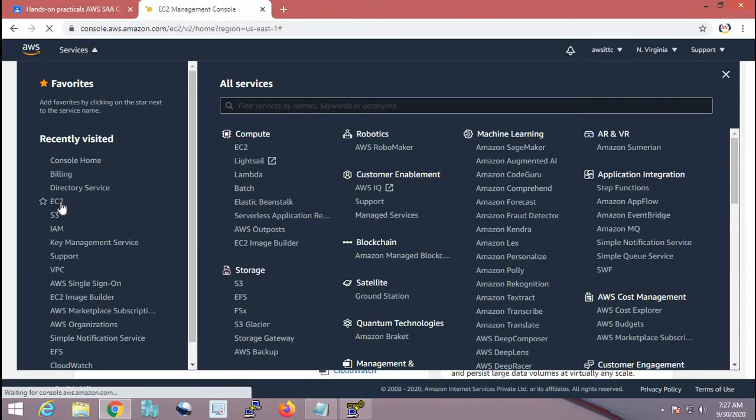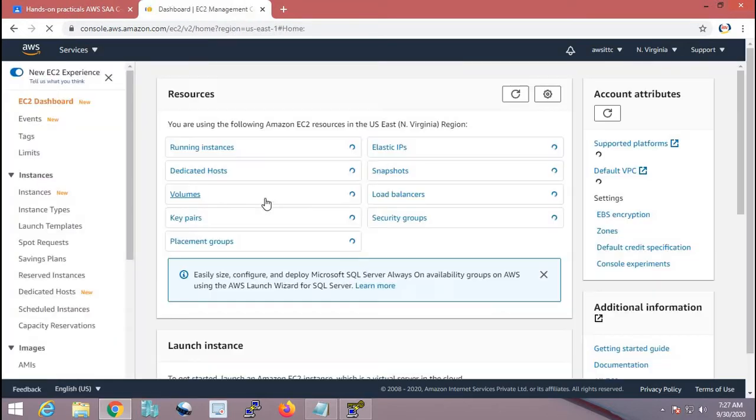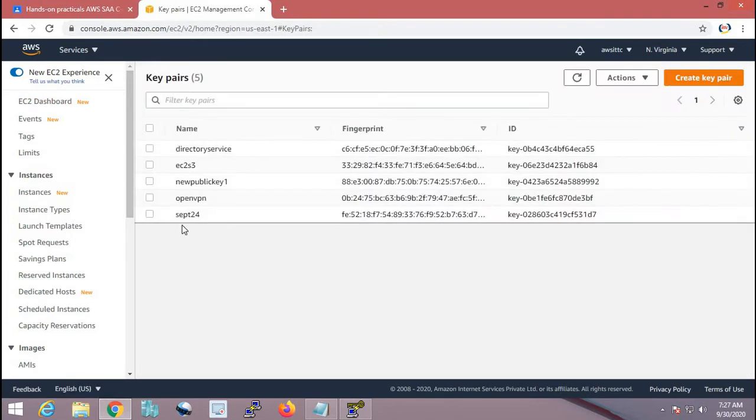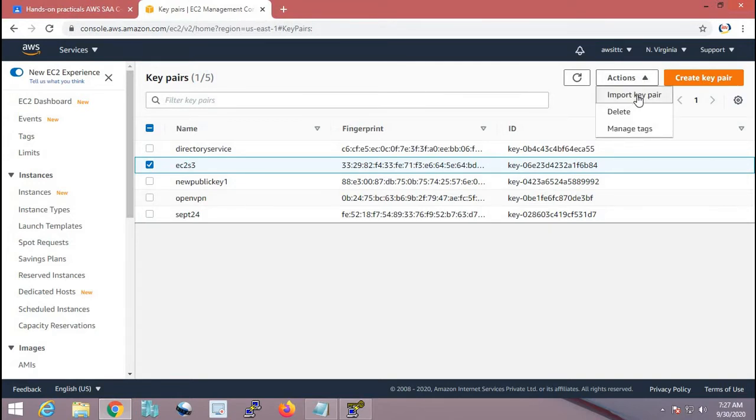In the EC2 dashboard, you can see what are the keys available over here and the key pairs. So in the key pairs, what I have to do is I have to go to, either I can create a new key pair, that will be a pem. I will import the key today. Okay, I am not going to create a key pair in AWS account. I am going to import the key whatever created by me. So it becomes more secure again, right? Because the key is generated by me.